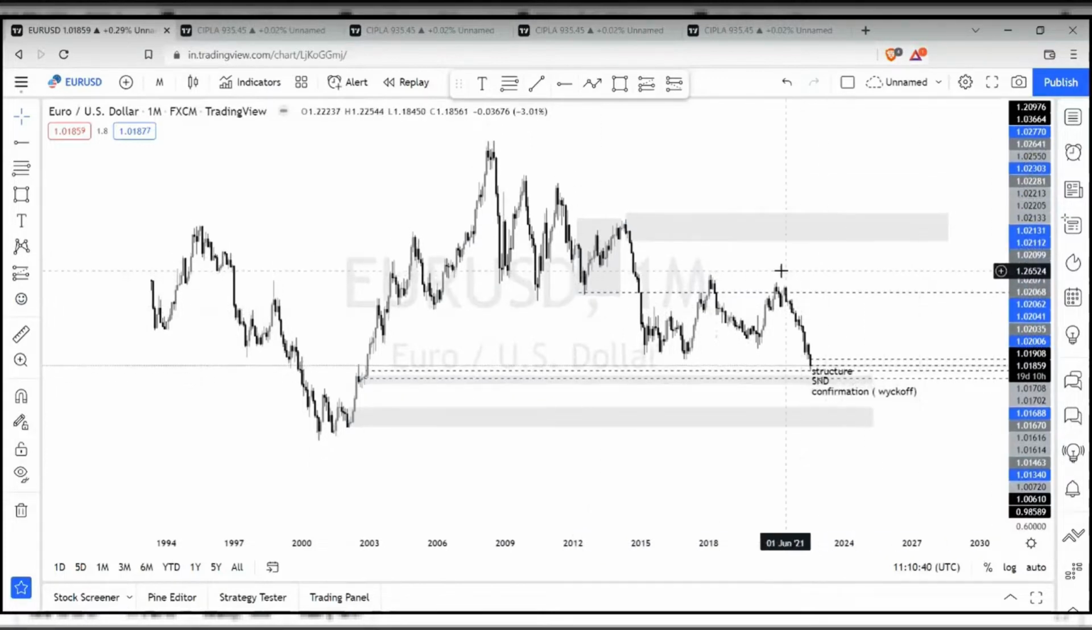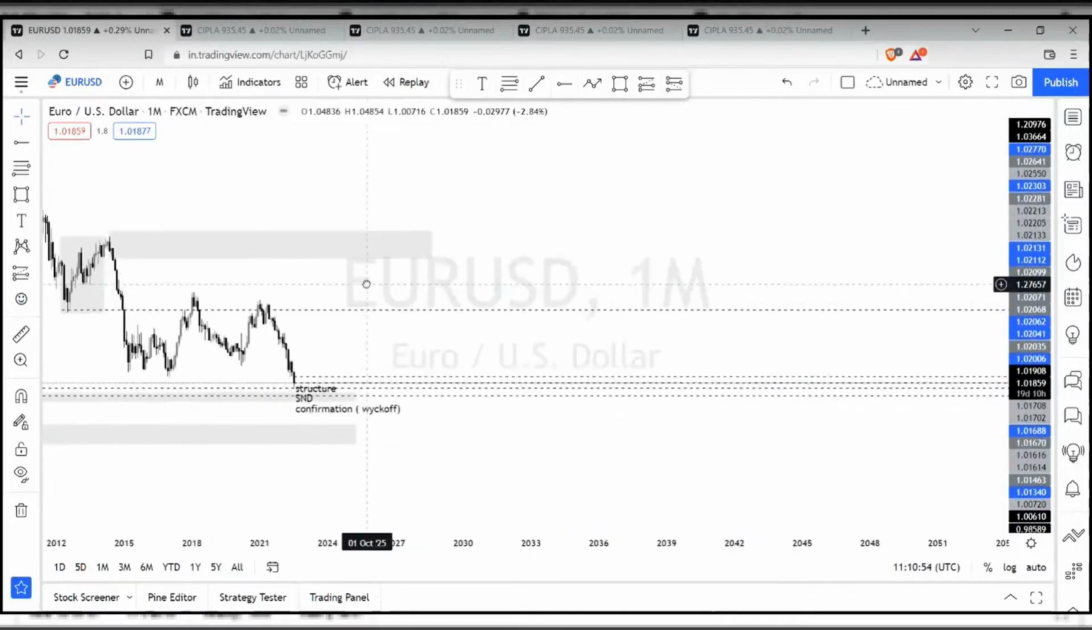What is the institution telling you? What are their footprints that we have to check, that we have to understand? So we have this break of structure. Price is coming back to the zones. Now, second part, as I have mentioned here,